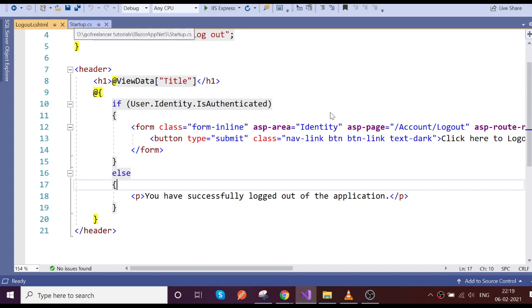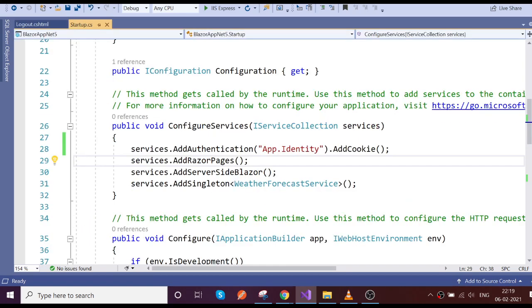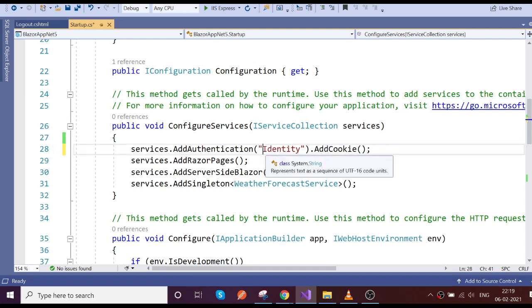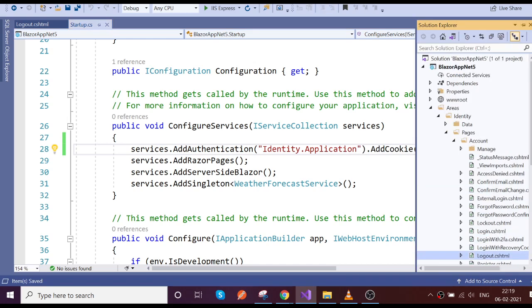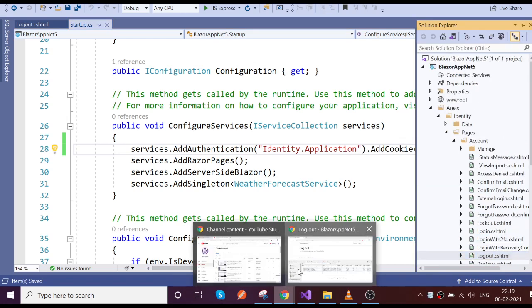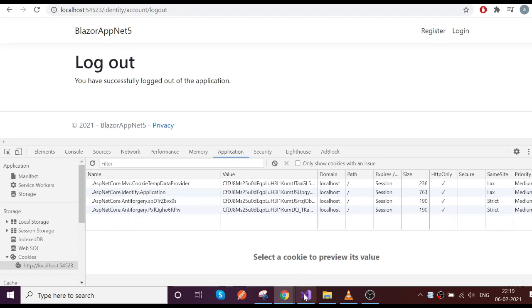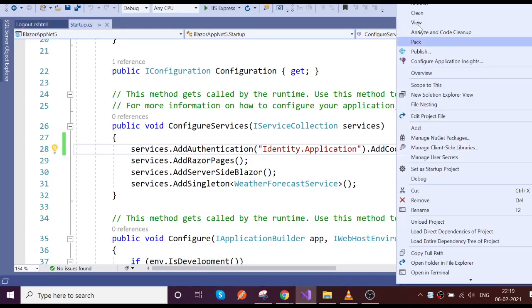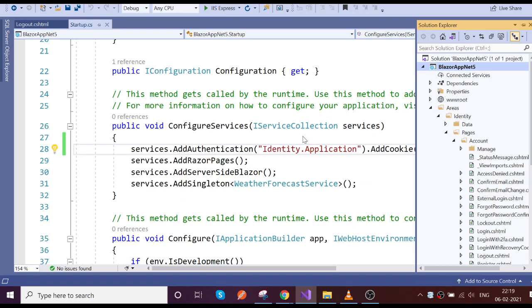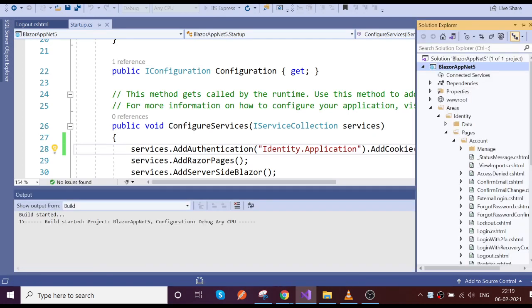You have to provide the schema identity.application, because it generated a different schema as we are just using the existing one that I showed you last session. You should use the same. Identity.application is the default cookie which is generated. If you change to a different cookie, it won't work actually. So let's go and rebuild the application.